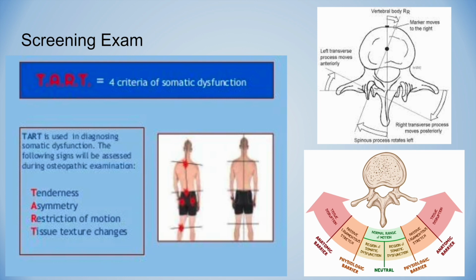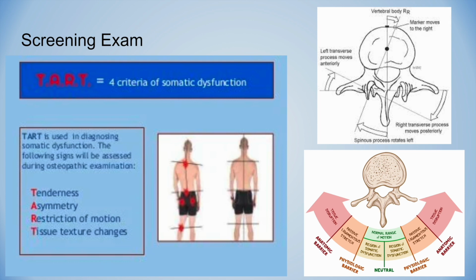If you look at the picture of this vertebra on the top right here, it's showing that when the vertebra rotates to the right, the spinous process moves to the left. And so if you're feeling somebody's spine and you feel that the spinous process is moved to the left, and the right transverse process becomes more prominent when you're palpating, you might feel that right transverse process more prominently. That would suggest that there is an abnormal position of that resting